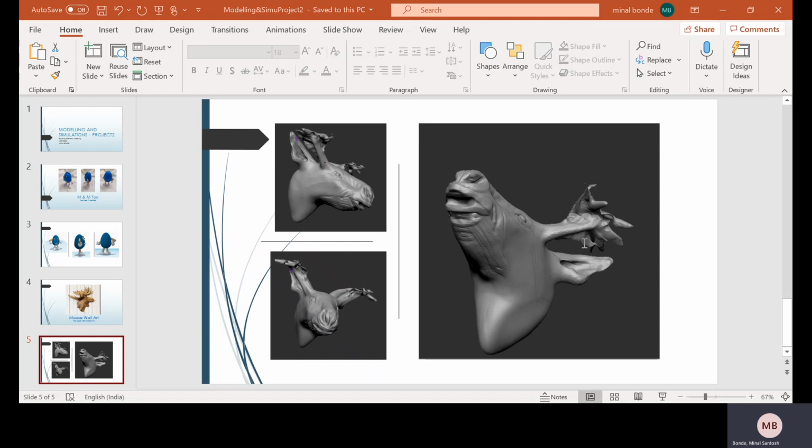And overall, I would say I really enjoyed the process of making these 3D